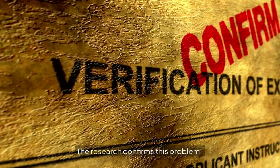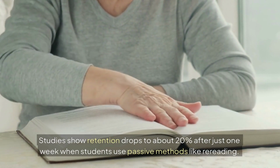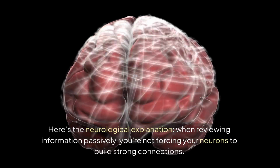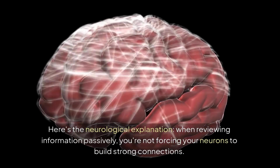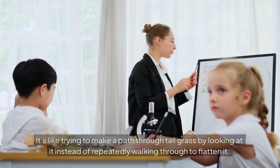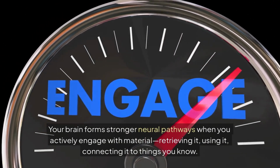The research confirms this problem. Studies show retention drops to about 20% after just 1 week when students use passive methods like rereading. For every hour spent studying this way, you're only retaining about 12 minutes worth of information. Here's the neurological explanation. When reviewing information passively, you're not forcing your neurons to build strong connections. It's like trying to make a path through tall grass by looking at it instead of repeatedly walking through to flatten it. Your brain forms stronger neural pathways when you actively engage with material, retrieving it, using it, connecting it